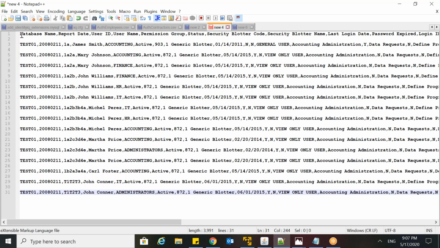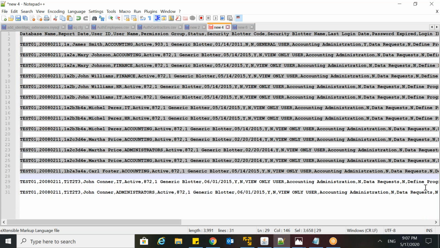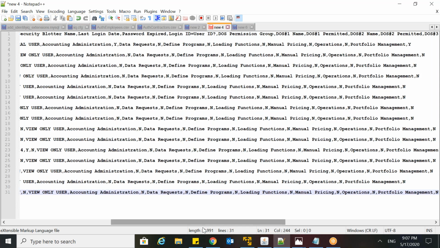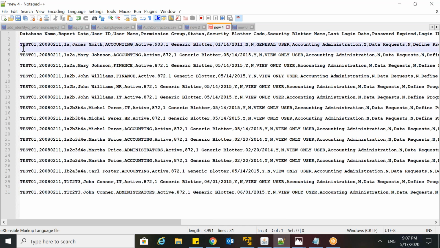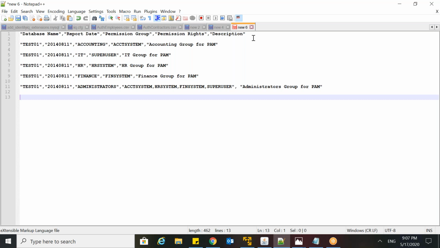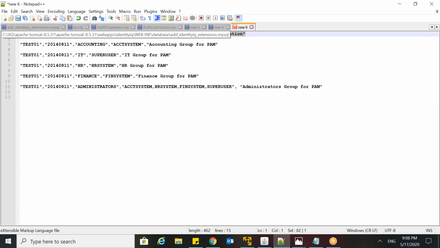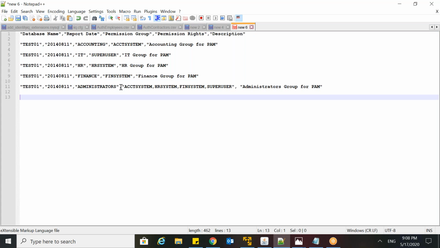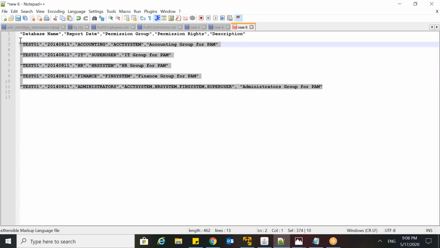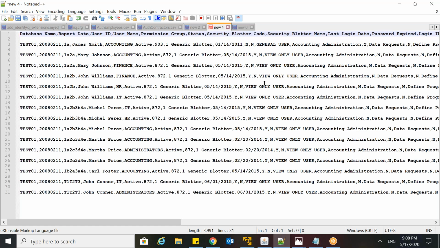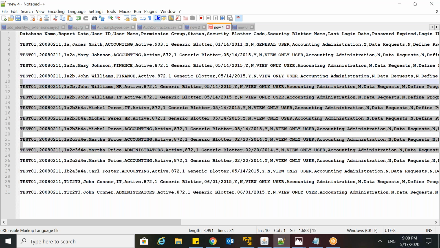So over here, this is my one feed file containing all my user details. What users are present on this target application? It contains my user details. The second one contains which group the user belongs to. So this application has 5 permission groups: accounting, IT, HR, finance, and administrators. The users can be part of any of these groups on the target application, and these groups will further contain entitlements. So right now it is giving us these two feed files to manage our application,